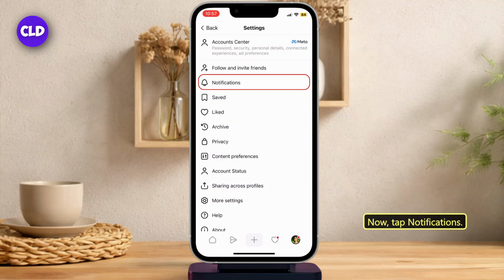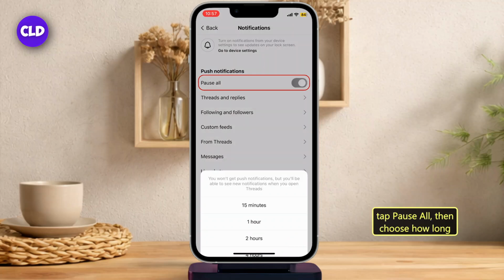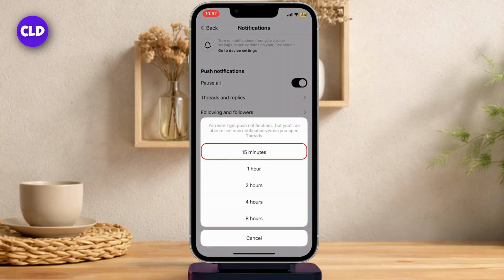Now, tap Notifications. Here, you'll see different notification categories, such as replies, mentions, reposts, followers, and other activity notifications. You can turn off individual notification types by tapping each category and choosing your preferred option. If you want to pause all Threads notifications, tap Pause All, then choose how long you'd like notifications to be